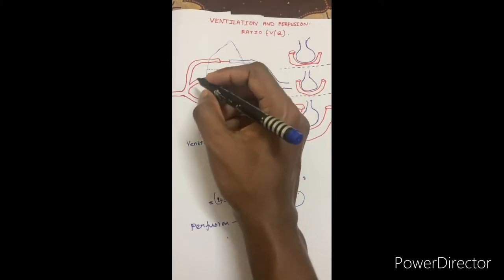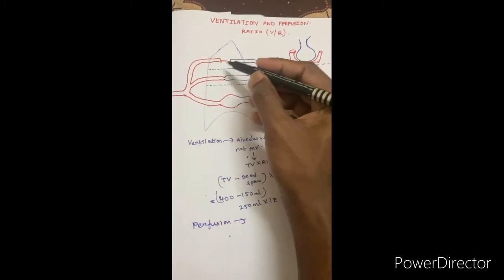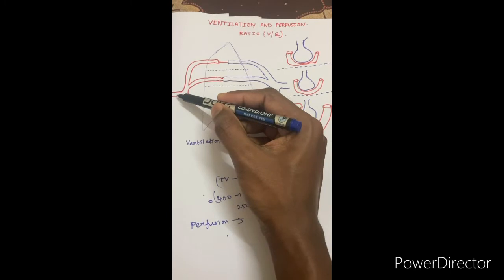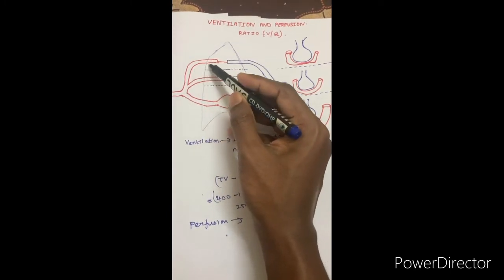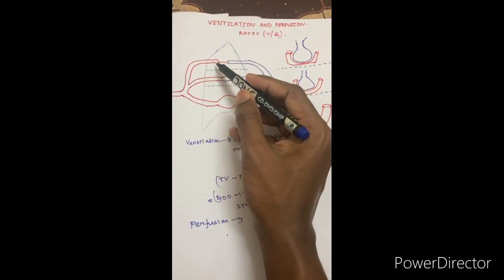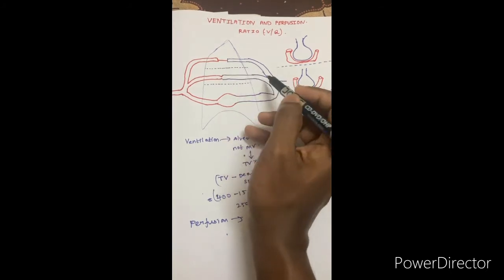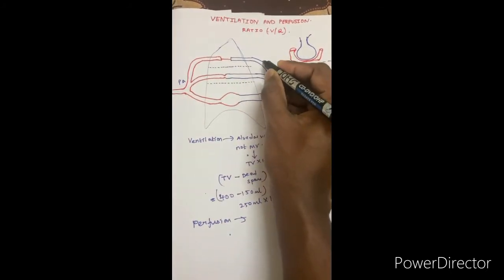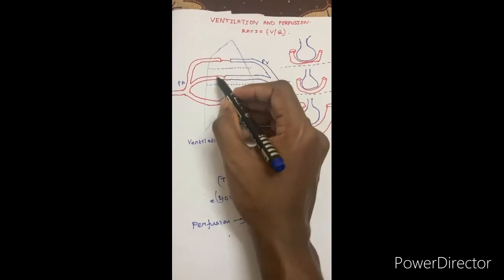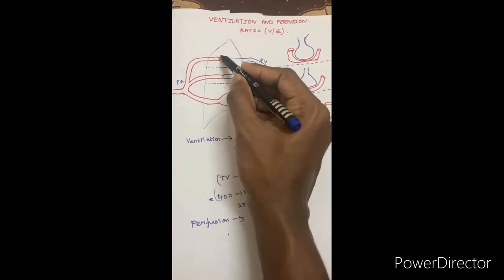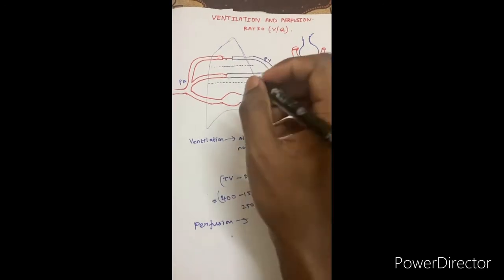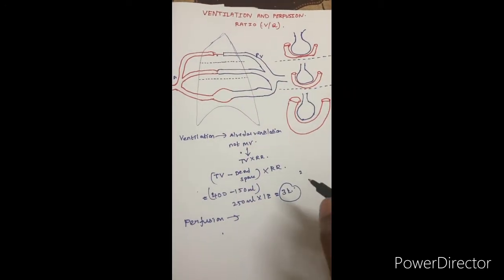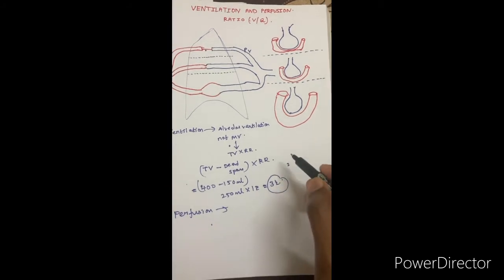Okay, so how it is described: I draw the lung segment here. The pulmonary artery blood flow passes through the pulmonary artery into the pulmonary capillaries into the pulmonary veins. So this is the pulmonary artery and this is the pulmonary vein. This is the pulmonary capillaries, and your alveoli are situated here. So we have to know one important thing, how the alveoli are anatomically distributed.